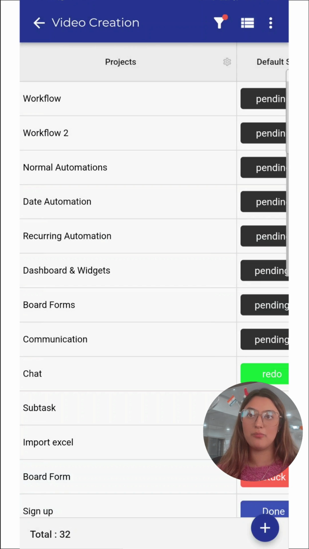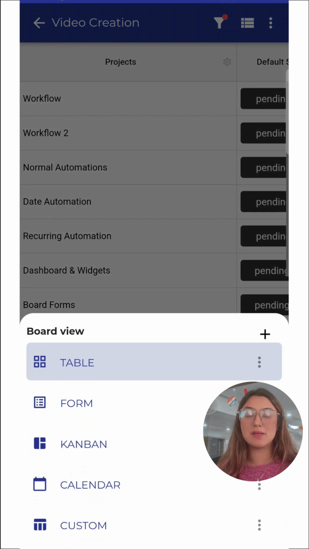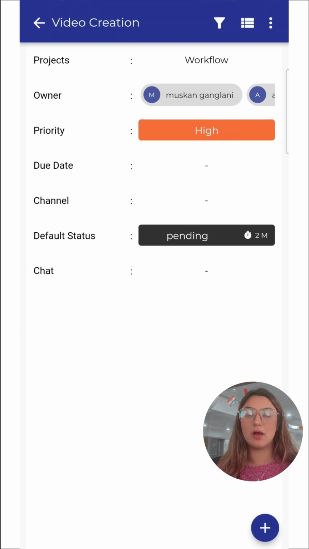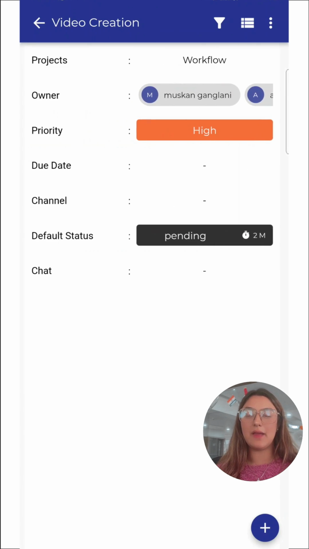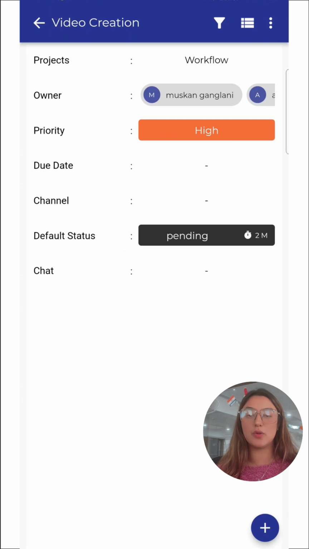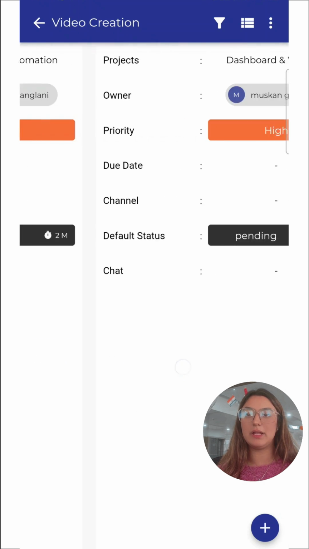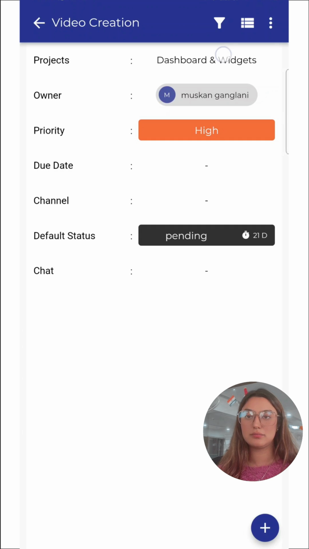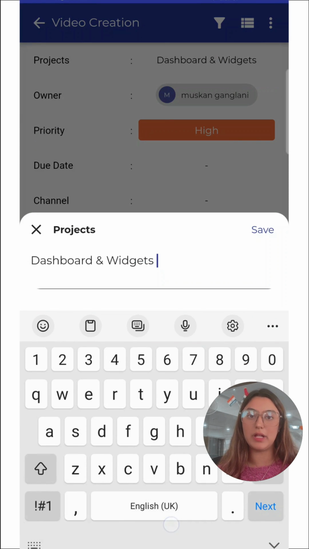The second one over here is the form view. The form view is seen as a form. So every row you can work with is in the view of a form, and every column over here, as you can see, project, owner, priority, these are all the columns you have, and these are shown in total in a form view, and you can click on them and work with it anytime. Every row over here is in the form view, and you can click on it and edit it like this, and you can work with every row individually.